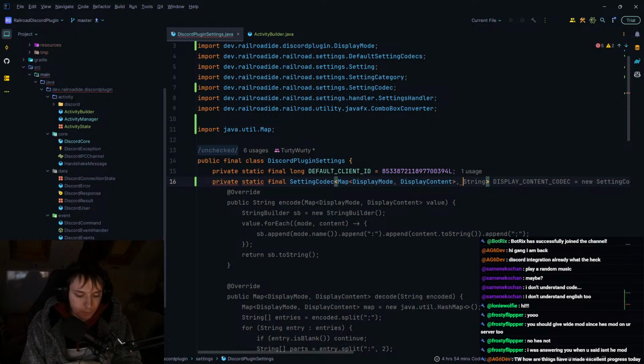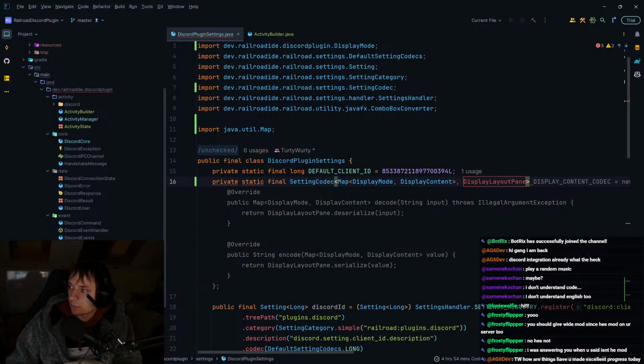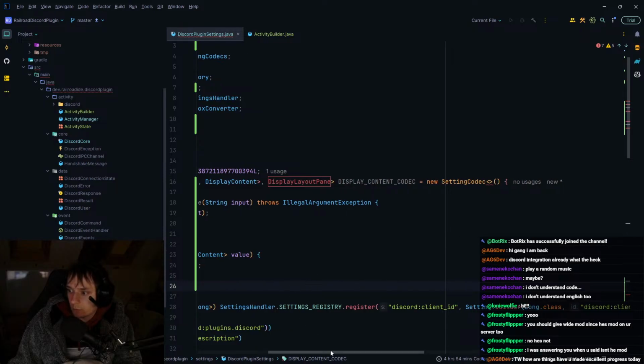I'm just trying to think. Display layout pane. The display content codec will be equal to